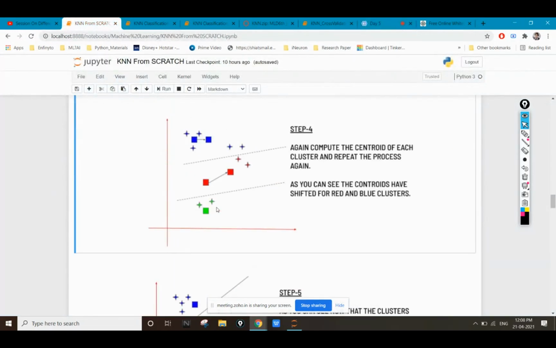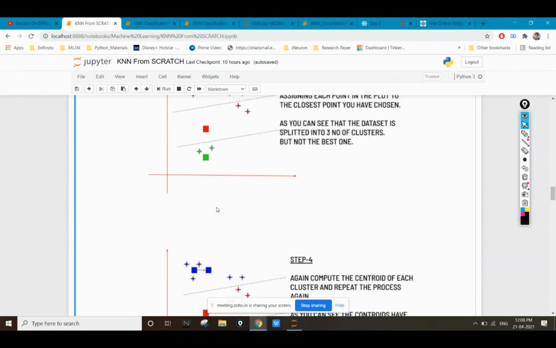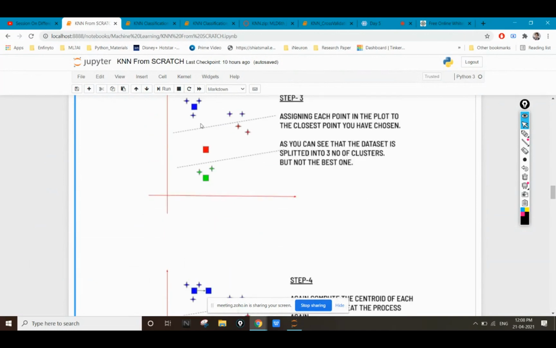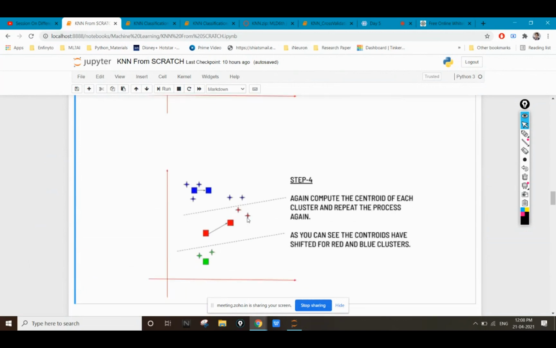Step 4 and 5 in short. In step 3, we have seen that by taking these random points, we are dividing the remaining points into these particular categories: these 2 points will be of the red category, these 2 points will be of the green category, and the remaining points will be of the blue category. Now, when we get the categories, we move our centroid points to the middle of the points which we have categorized. So we'll move this green centroid from here to the middle of these two green points.